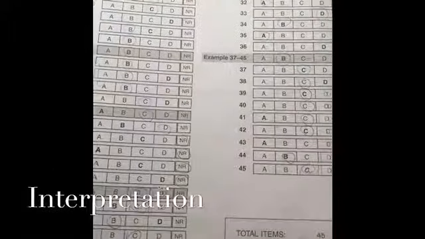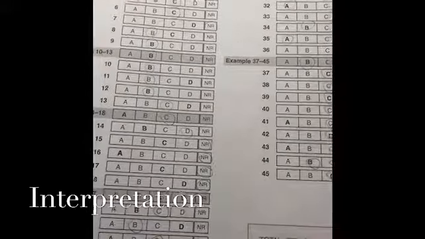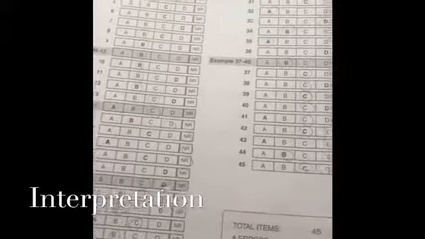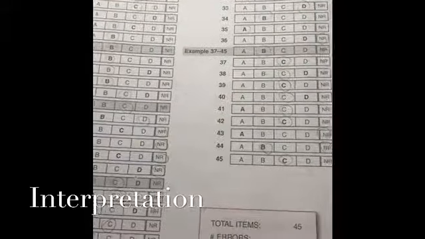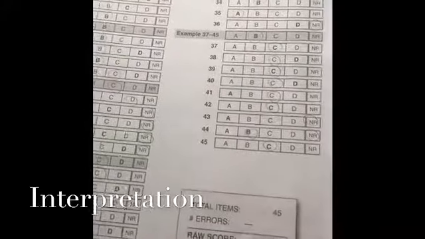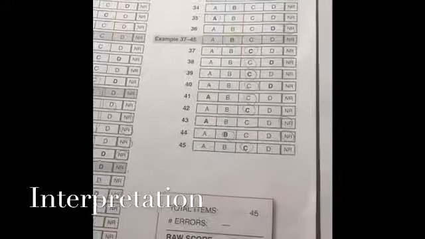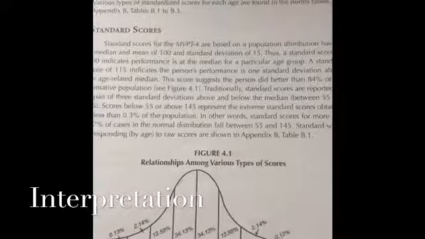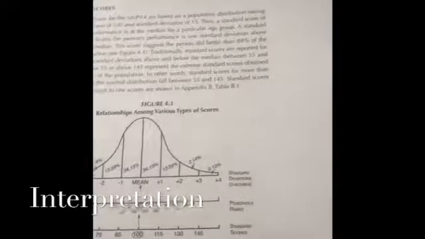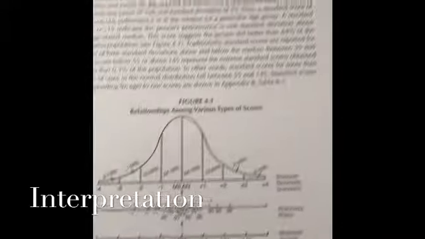Once the MVPT-4 scores are obtained, which is indicated by the circles on the record form, all of the responses are counted and placed here for the raw score. To interpret the raw score, the interpretation of the results can be found on page 24 of the manual,